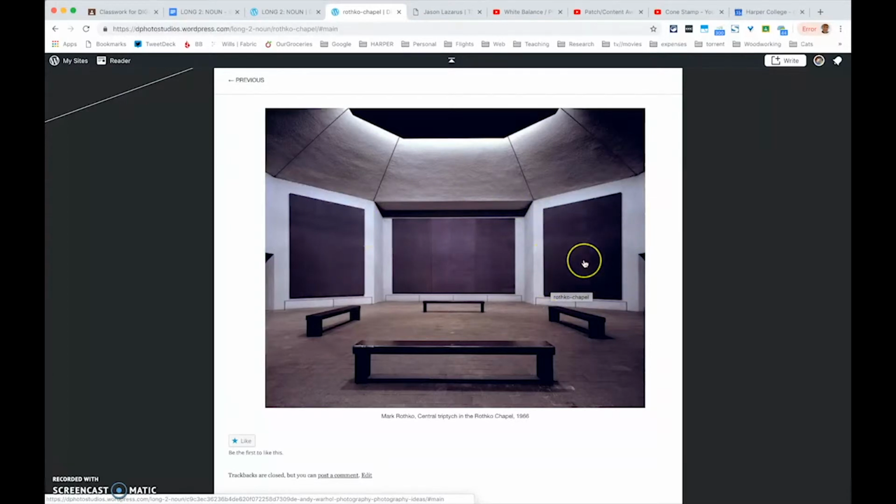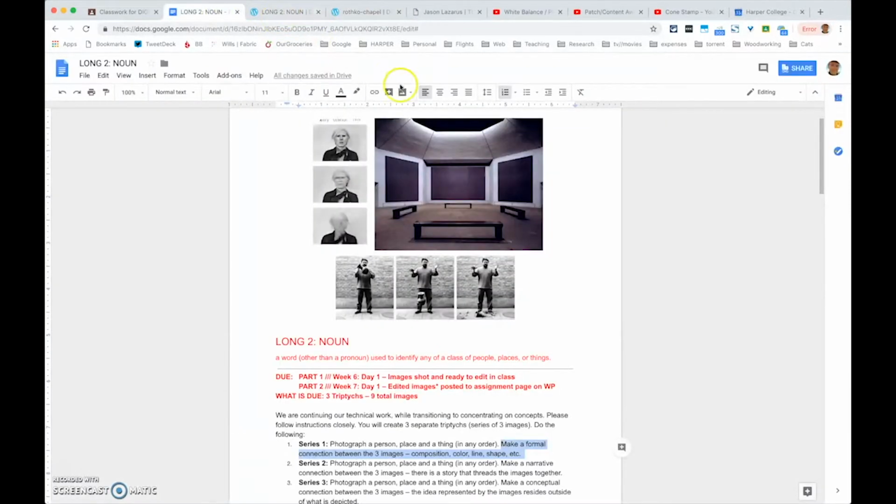There's a symmetry happening here, which is a formal element. They're the same color. These 2 panels are the same shape and size. These 3 fit together, and they're all in this portrait mode. So there's a connection threading and connecting these 3 different objects and creating a triptych, so they go together and they're meant to be seen together. Now, if we go back to our document here,